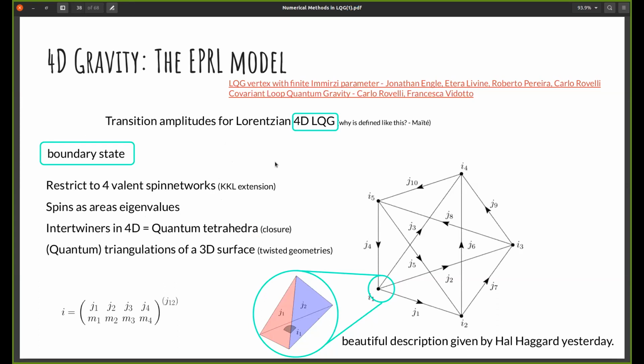Mainly, given the 3 lengths, there's one and only one triangle, and given the 3 reps, there's one and only one invariant tensor. So the two things were nicely corresponding. Something similar is also happening here in 4 dimensions, but now the thing is way non-trivial, meaning that if you give me an intertwiner,